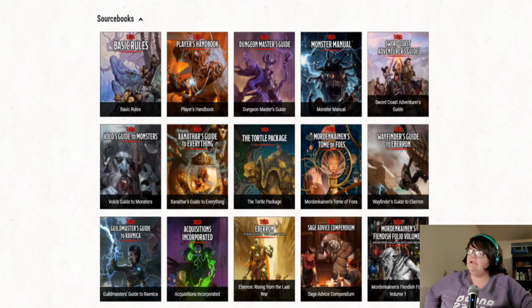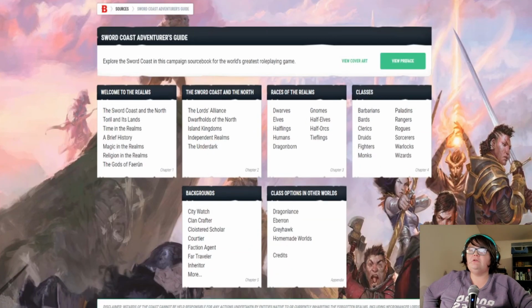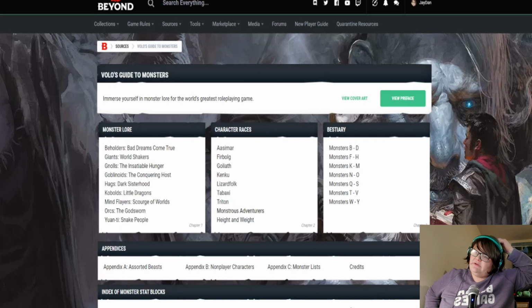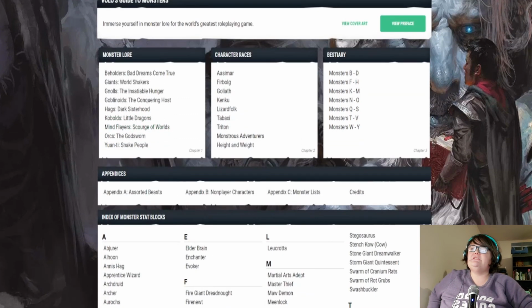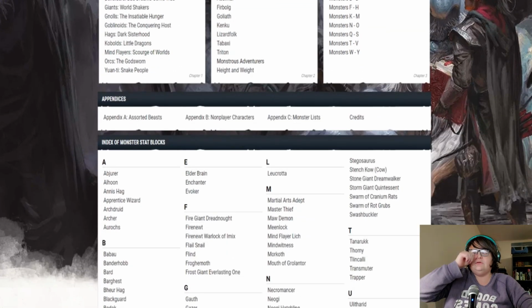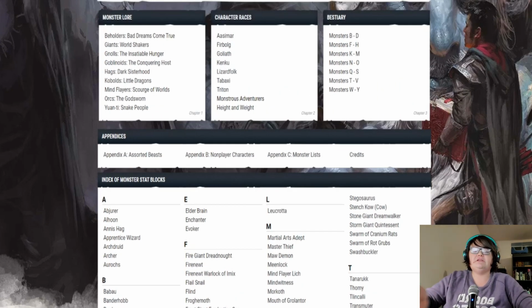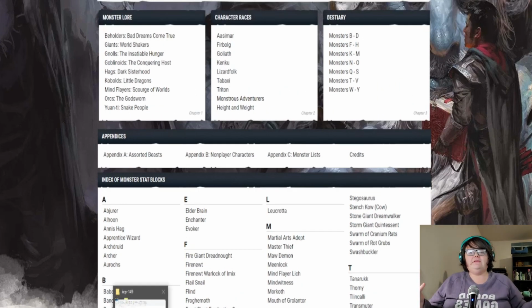Now we're getting into exciting new content. Next up is the Sword Coast Adventurer's Guide. This book's trash. Don't buy this one. Next up is Volo's Guide to Monsters. Volo's Guide to Monsters is full of new and exciting monsters that you can use to play Dungeons & Dragons, as well as expanded information and lore on old monsters that you might have used before, giving you handy tips like what their lairs should be like, and sometimes even giving you cool things like maps of special lairs,